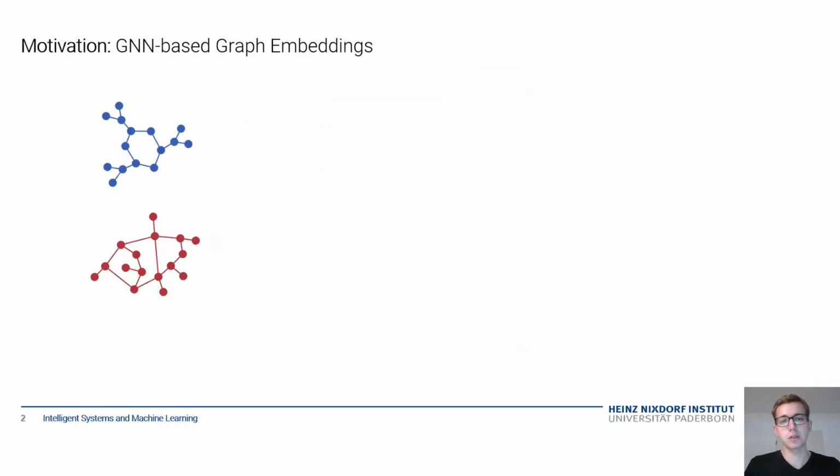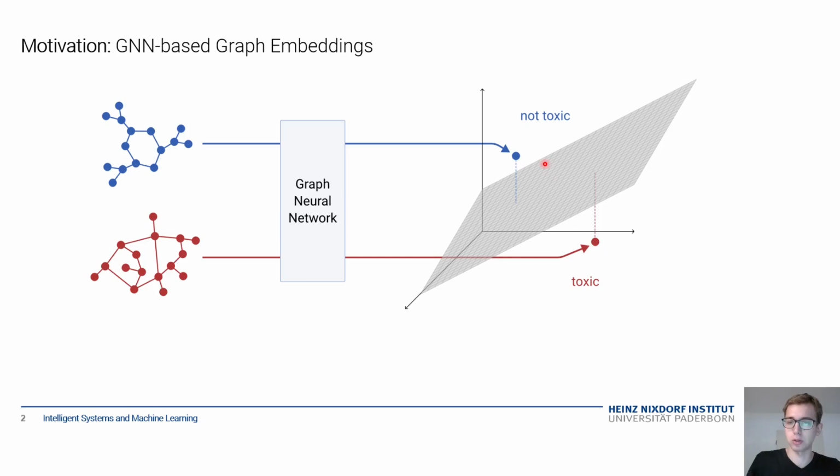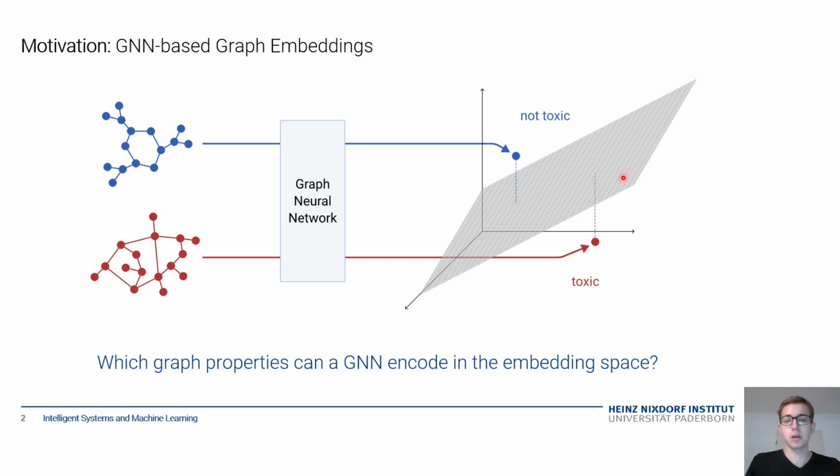Let's start off by considering the problem of graph neural network-based graph embeddings. There we are given a couple of graphs, and our goal is to embed those graphs in some vector space. This could, for example, allow us to differentiate between toxic and non-toxic molecules by finding some separating hyperplane in our embedding space. Now, the fundamental question we'll tackle now is which graph properties can we in general encode in our